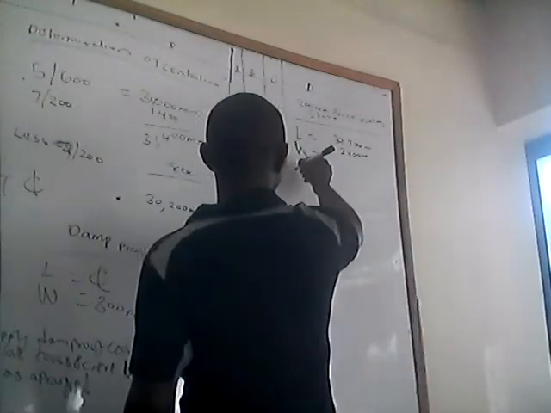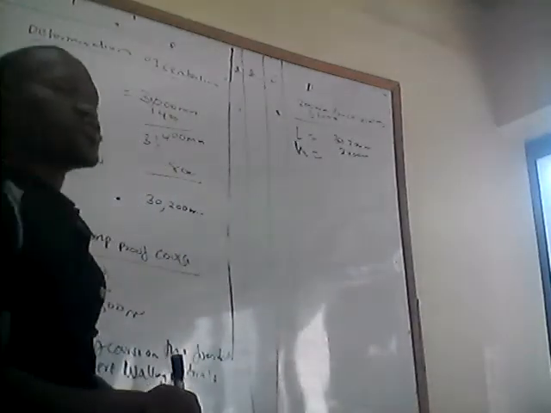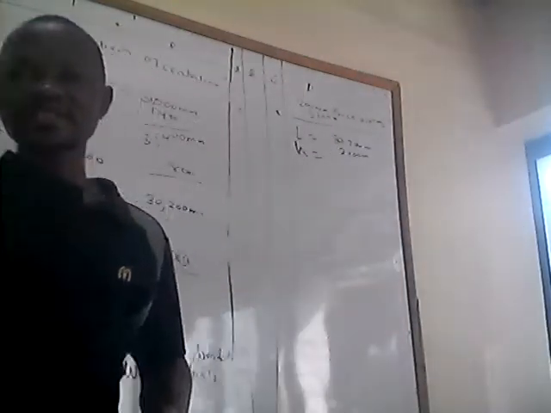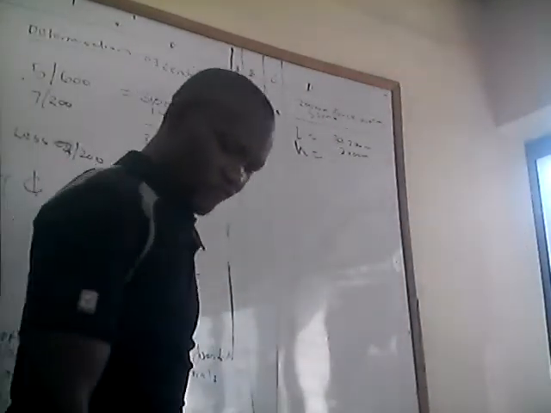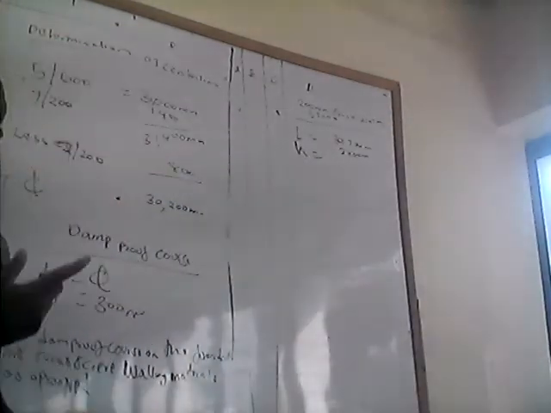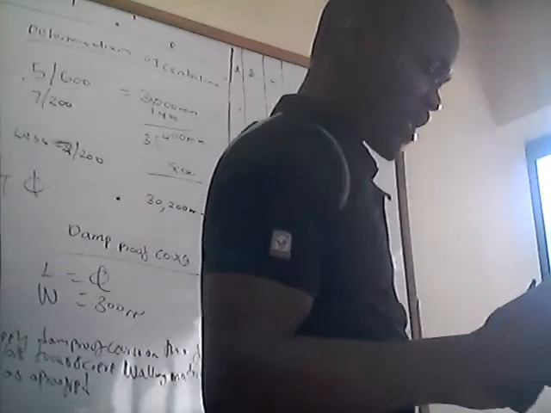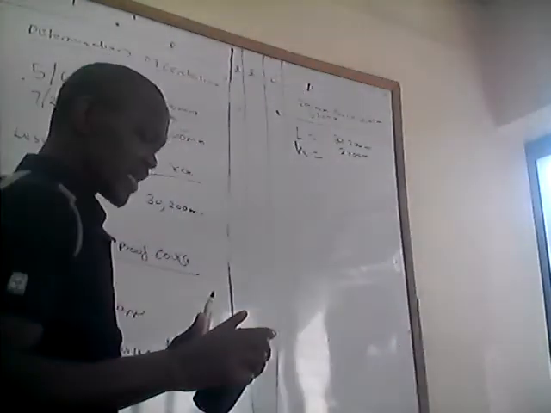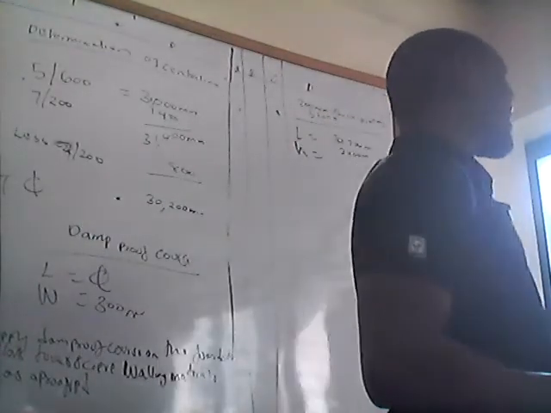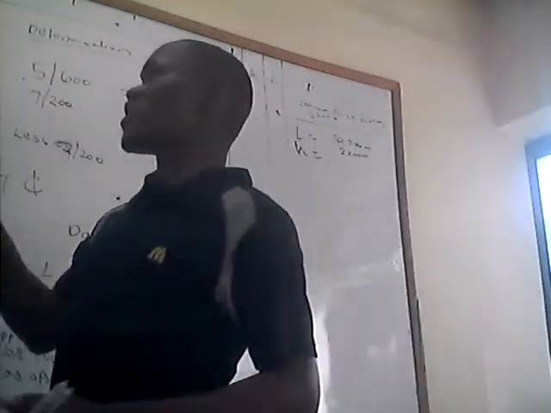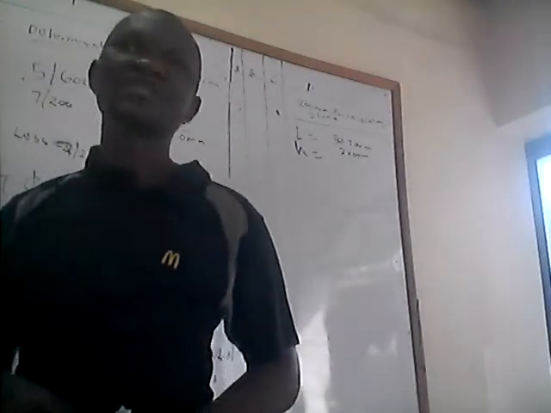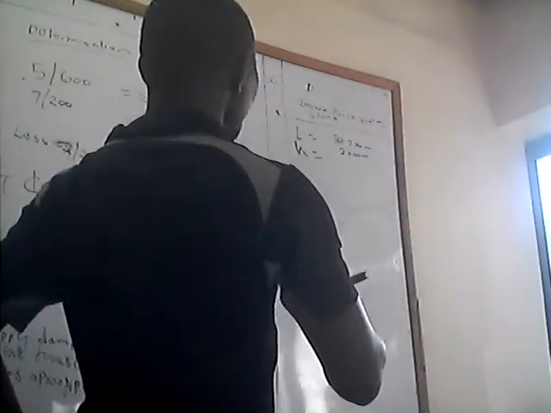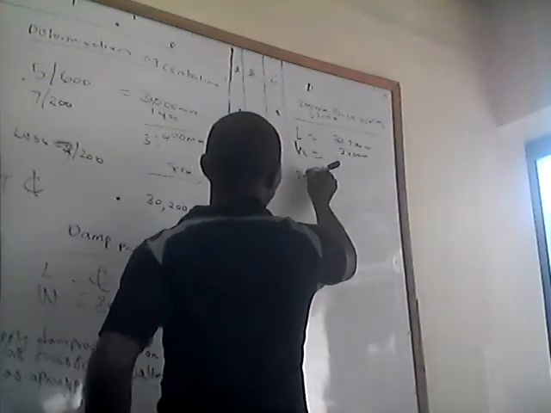Another thing we are supposed to tell the examiner is the thickness of the wall. Walls have different thicknesses. We can have a 150 millimeters thick wall, a 100, a 300 millimeters thick wall, and a 200 millimeters thick wall. But to know the thickness of the wall, always look at the plan. The plan will tell you the thickness of the wall you're supposed to take off. So for this one, we have 200 millimeters